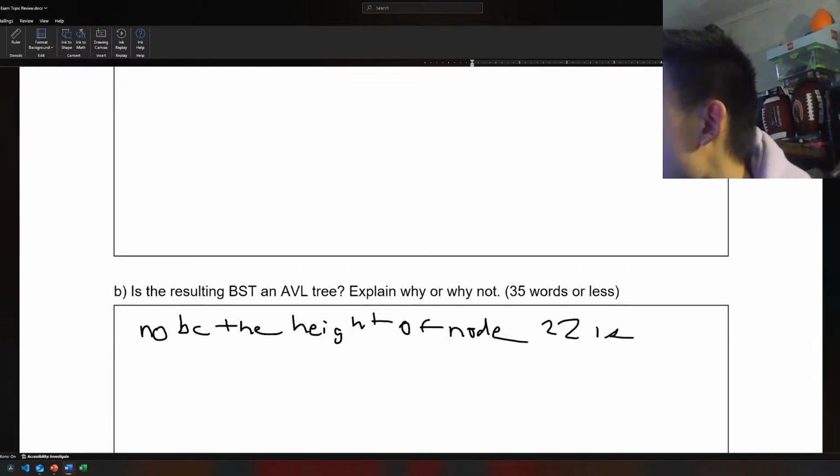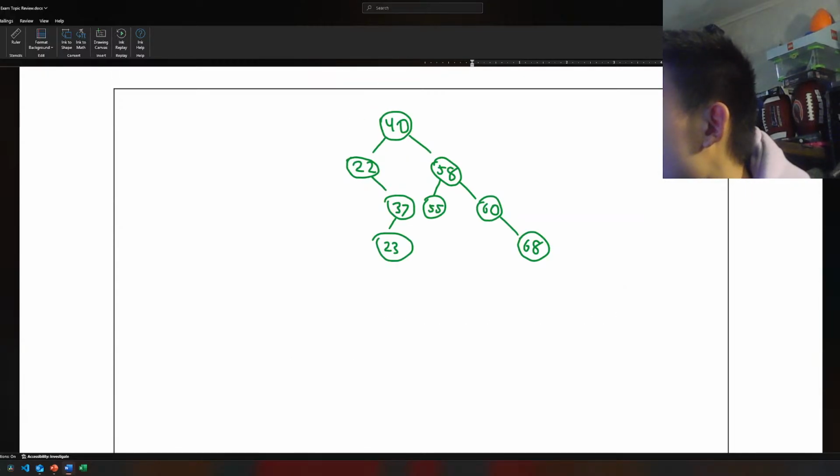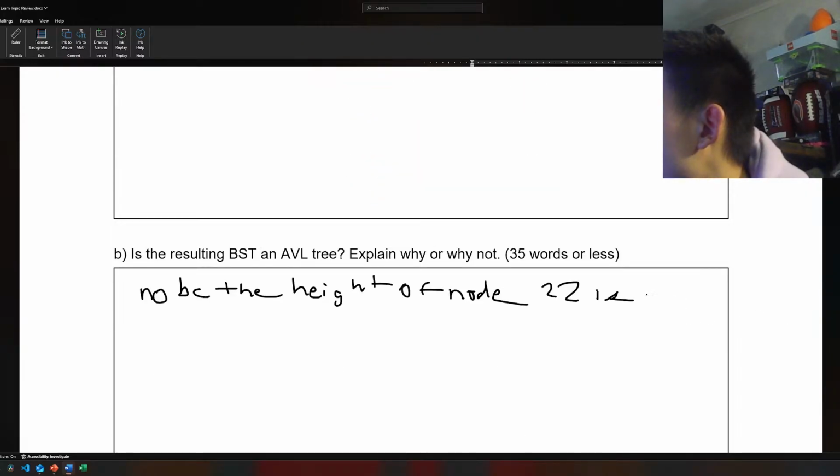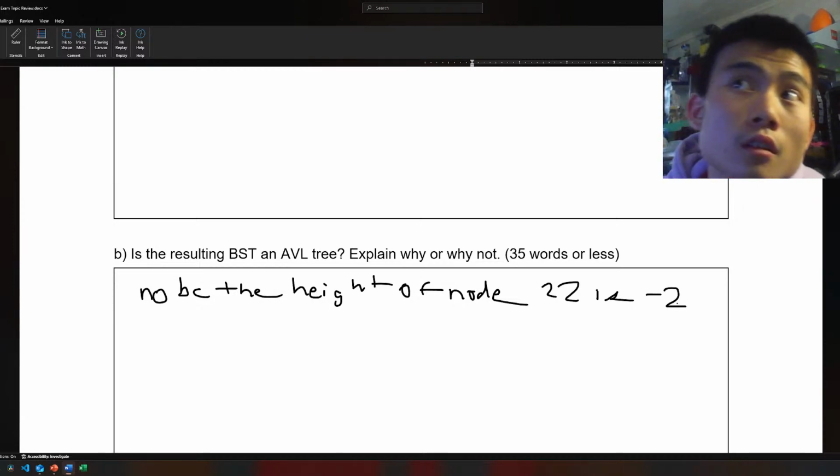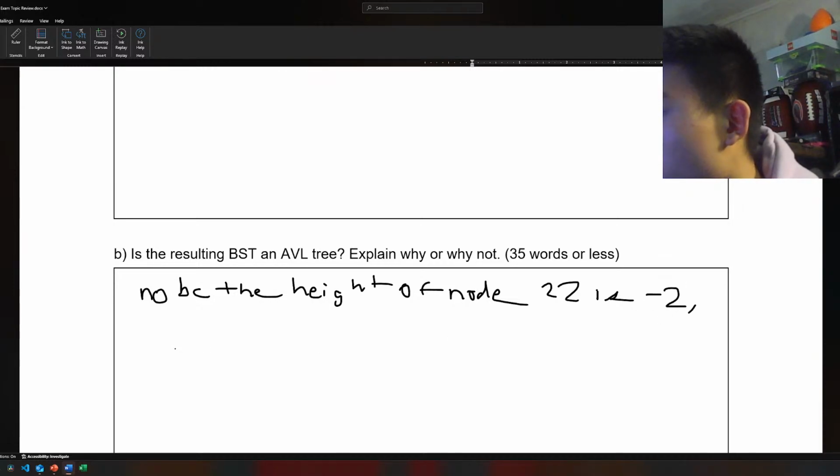The height is left minus right, I think. So the height is negative 2. Which is not between